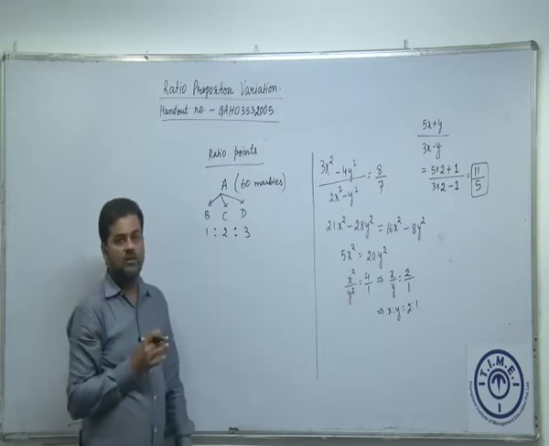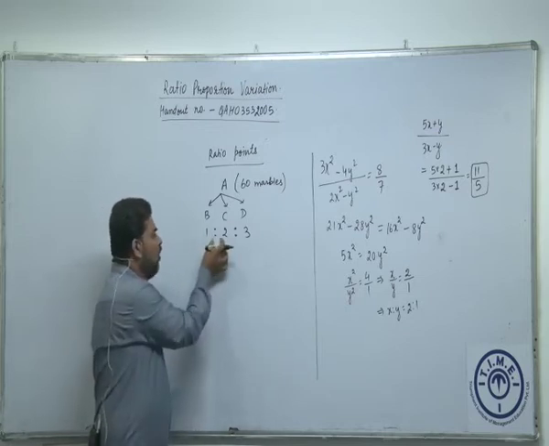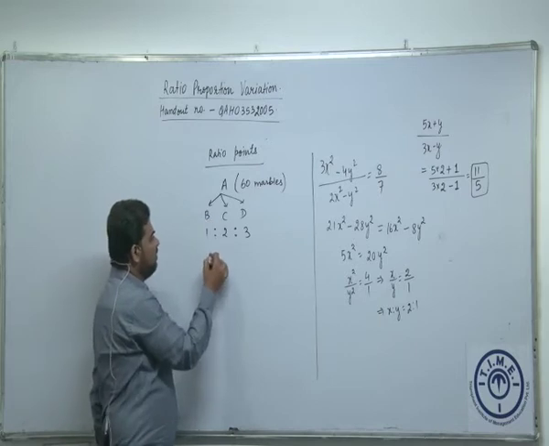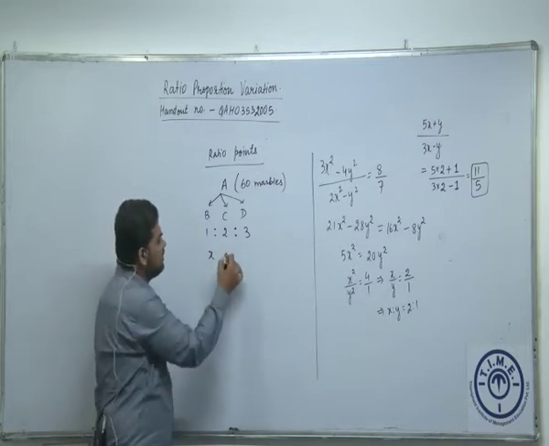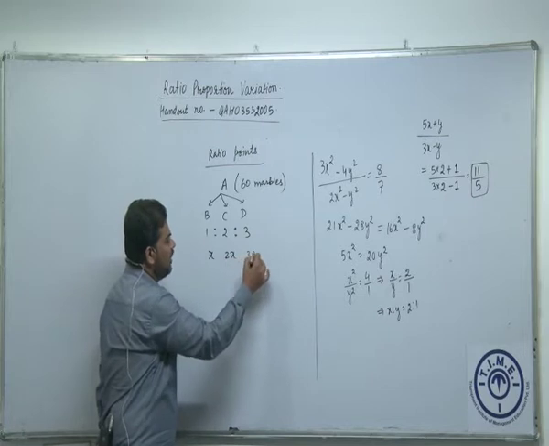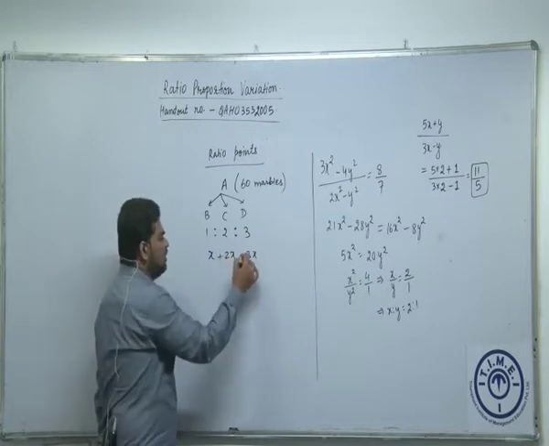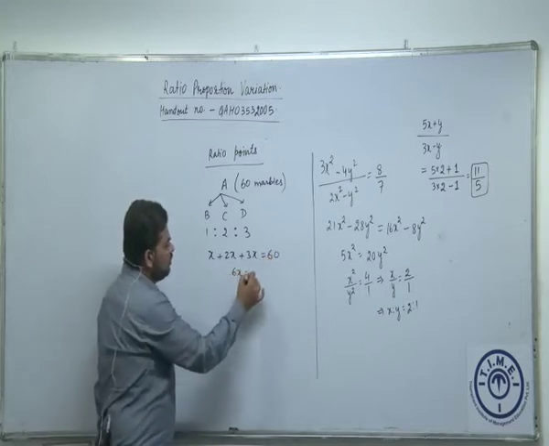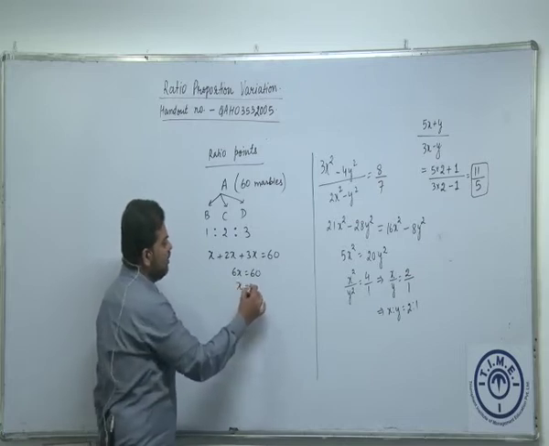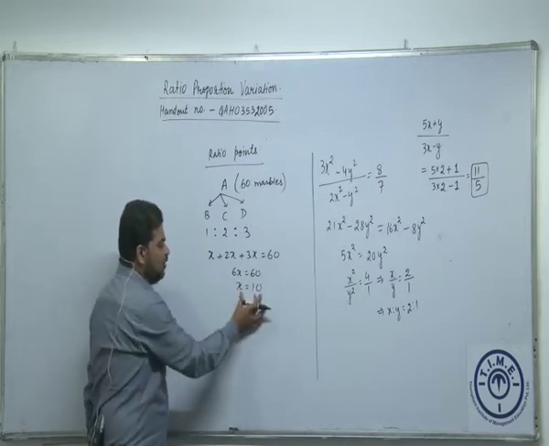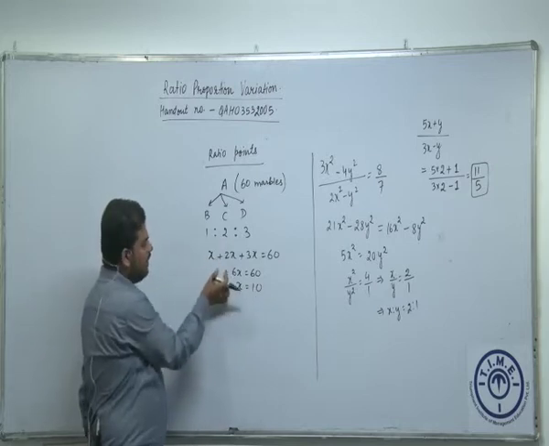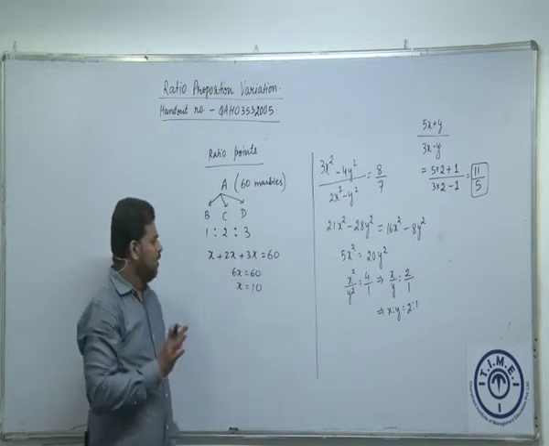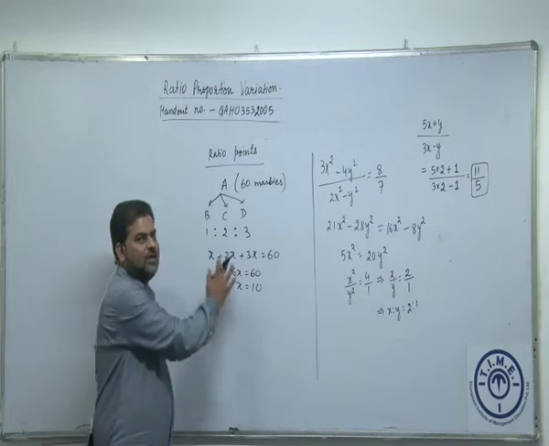So who got how many marbles? If that question is to be found out, then back in school you would have learned we would do it this way. Let us say B got x marbles. If B got x, then C got 2x and D got 3x. The total number of marbles is the sum of these three terms, which is equal to 60. So 6x is equal to 60, then x is equal to 10. Once you get x equal to 10, B got 10, C got 2 into 10, which is 20, and D got 3 into 10, which is 30. But we are not going to use this method because it requires a little bit of time.